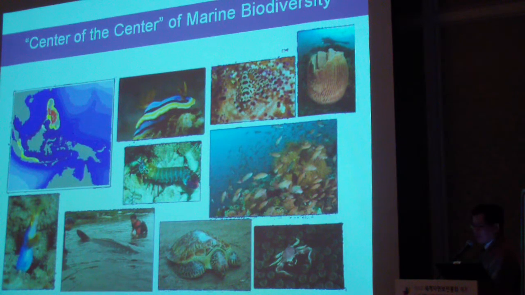Triangle is a diverse area for coastal and marine resources, they found out that within the Coral Triangle, the center is in the Verde Island Passage. Of course, the other countries are contesting that label. Nevertheless, recently when the California Academy of Sciences came to the Philippines in June of 2011, they discovered additional species that were not discovered earlier, and these are new discoveries. Something about 200 new species were added into the list, and they're still trying to determine the others, which they are still trying to name.